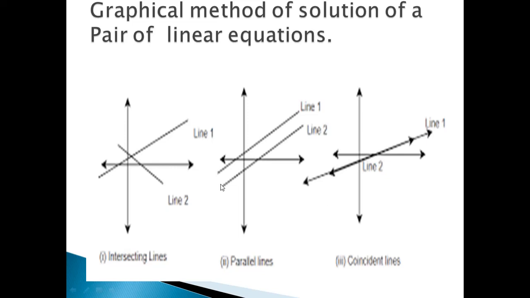Clear, students? Intersecting lines, unique solution, consistent. No solution, parallel lines, inconsistent. Many solutions, coincides, dependent. So we have to concentrate on these three types of lines obtained on the graphical method of a solution. Is it clear? Let us discuss this pair of linear equations